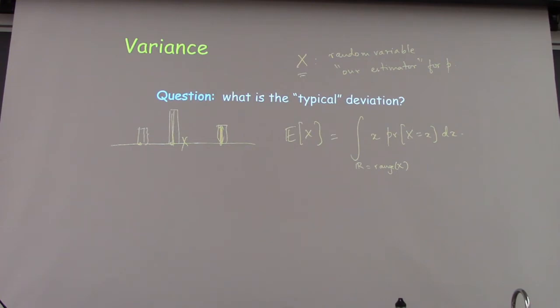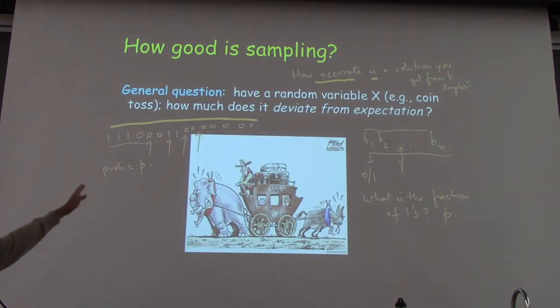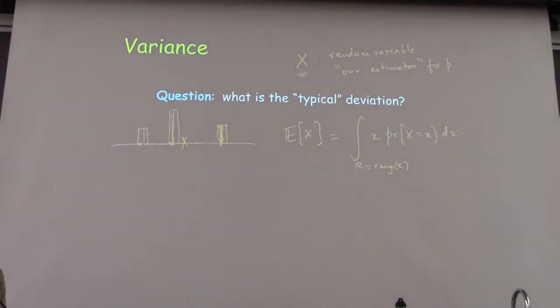So what's the broad question we are interested in, right? We are interested in this question of how close random variables are to their expectation. That's the question that we want to answer. Because if you look at this sampling example, if you pick the random element, the expected value is exactly p, and we are asking the question, how close is our estimator to p? So what we are generally interested in is how close a random variable is to its expectation.